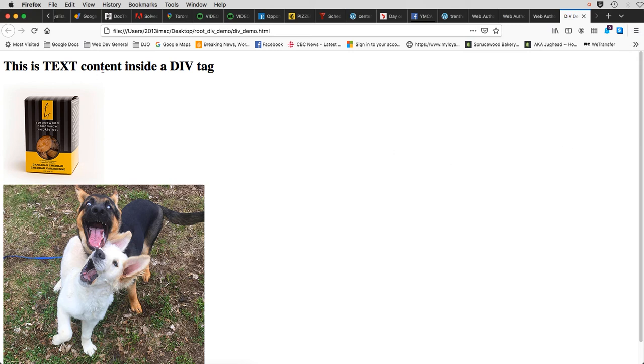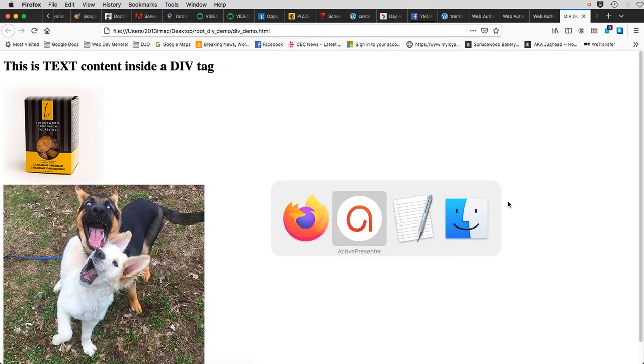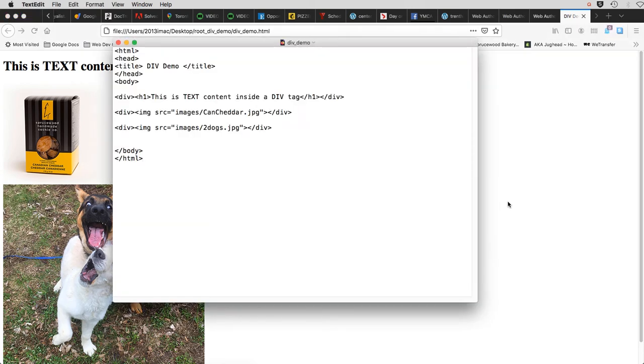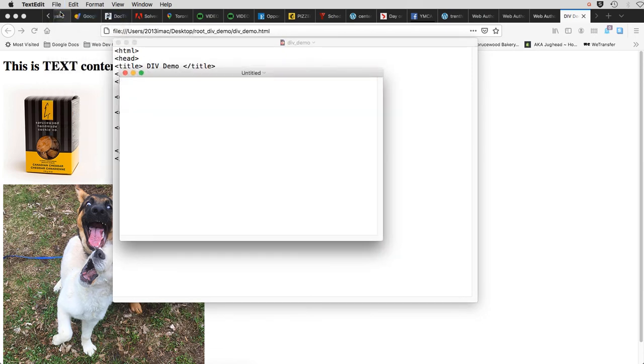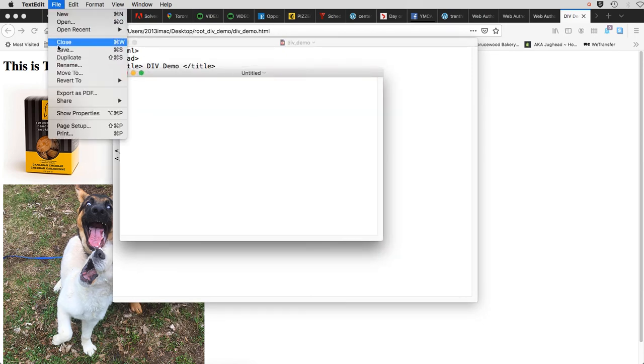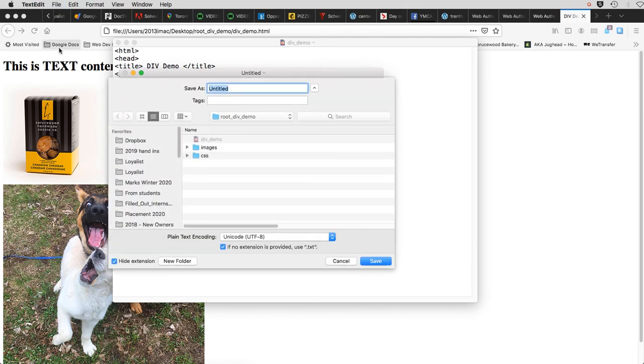Now let's take these three div tag elements and relocate them on the page, and we're going to need to do that using CSS. So I'm just going to go out and create a new CSS file right now. I'm going to go to my text editor here and create a new file, and I'll just do a save right away. I want to put it inside of my CSS folder, and I will call it